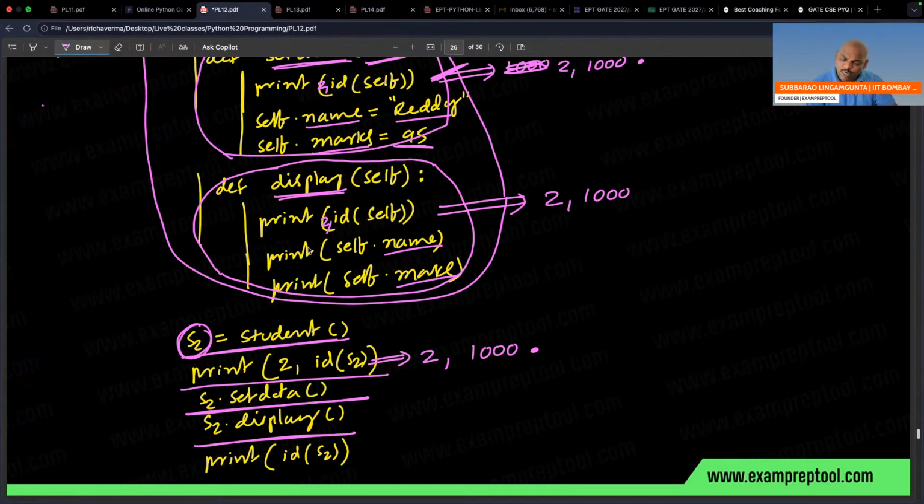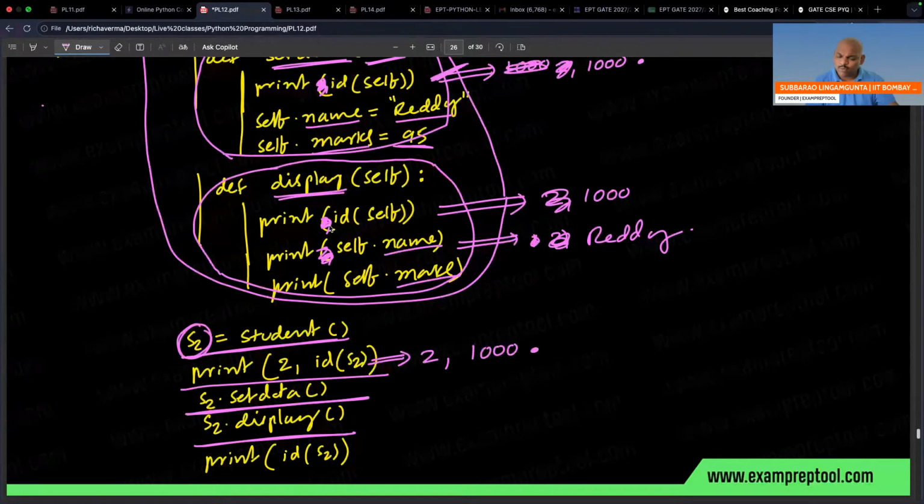If you want, you can also write 2 comma name, and Reddy will be printed. If you don't want to print the number, that is okay, no issue at all, it's up to you.